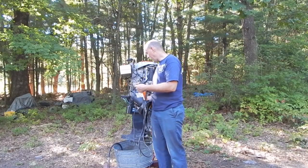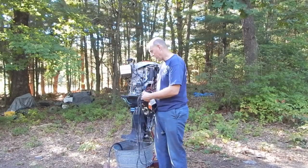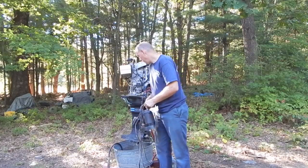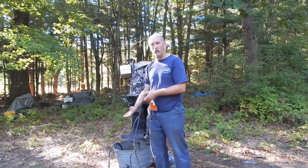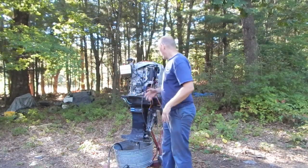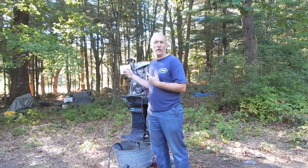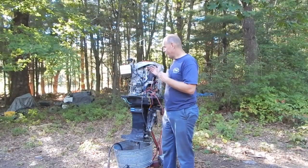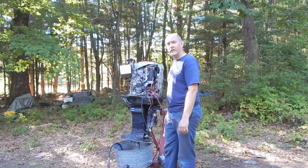So instead of having the pump constantly running, I can put the pump in there, and hopefully this will be deep enough that this switch will actually work, and it'll pump out the water as the water starts to get too high in the tub. This also means I can run this thing for a long period of time. So I think what I'm going to do is top off the fuel, start it up, get it running, maybe do my tests, get the RPMs up a bit,